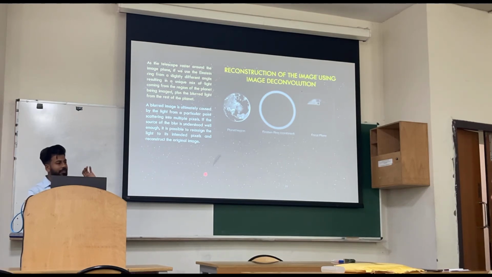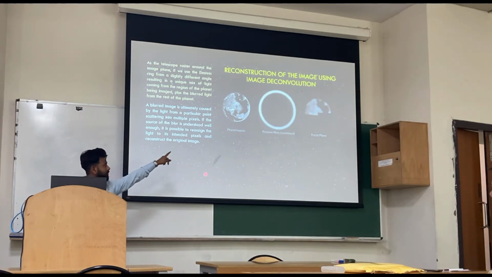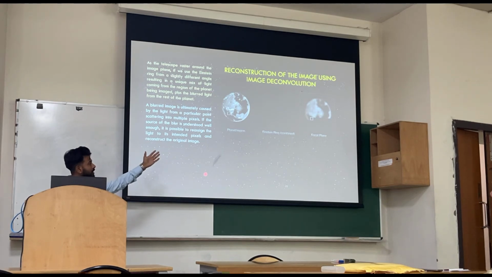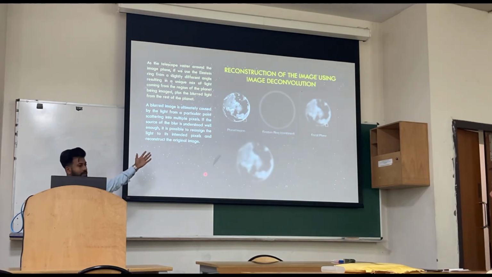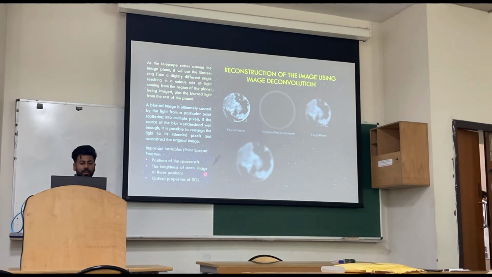If I try to scan the whole image pixel by pixel, that way I can reconstruct the image. So we can see for every location there is a different intensity of Einstein ring, and I would reach that point. For this, the scientists generated a point spread function where there are some variables: position of the telescope, brightness of each image at those positions, and optical properties of SGL. So due to that, we know the reason for the blur, and we can convert this image into a sharp image